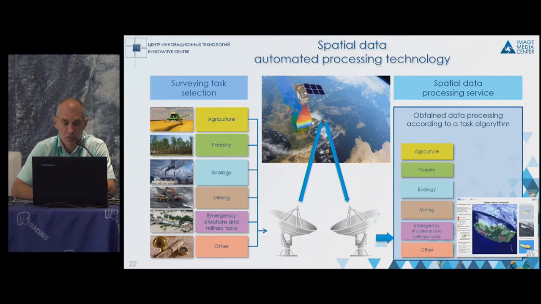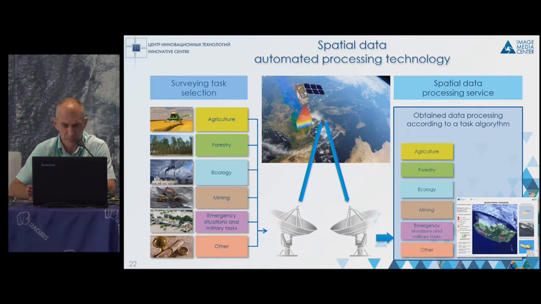If we look further on, I would also set the task differently. The original request should come from the users. When the satellite receives information that an image acquisition is needed for a particular agency or ministry for a particular task, this smart satellite would realign the payload to acquire the images for that task.